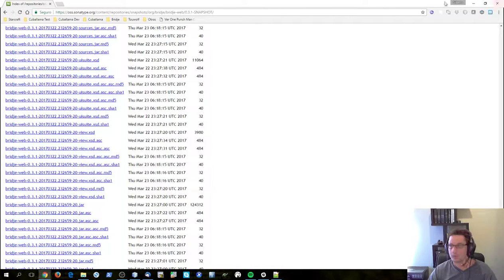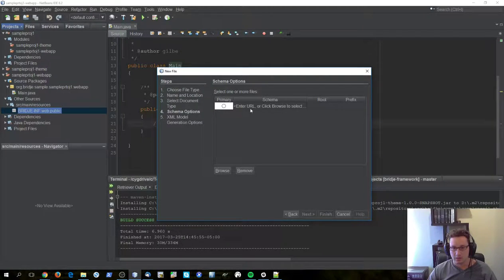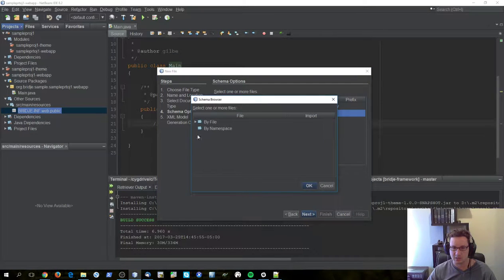Okay, there we go. And now I'm going to say I want this schema. I'm going to put here view, and then I'm going to put the prefix of B, and the second one I'm going to put here is the namespace. Sorry,